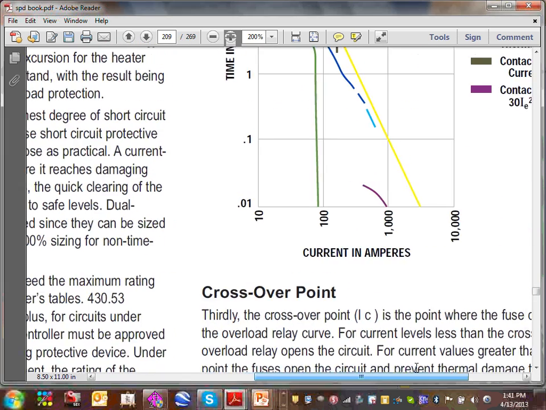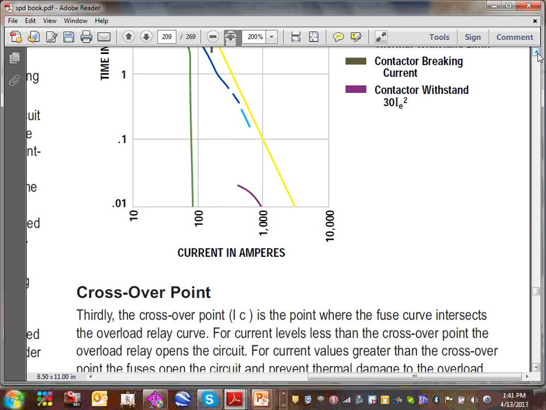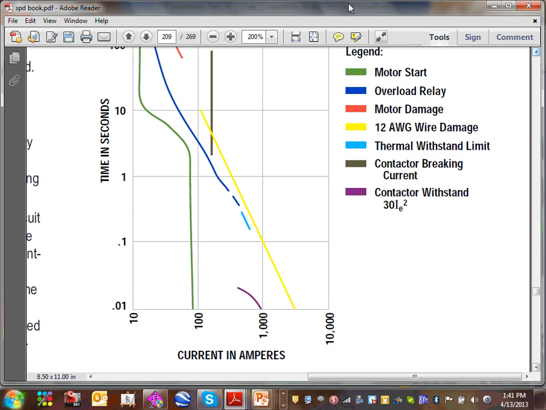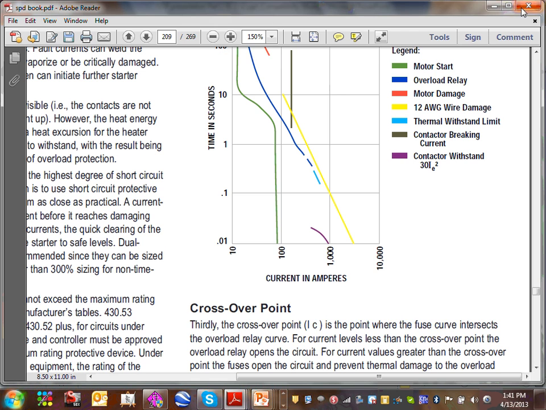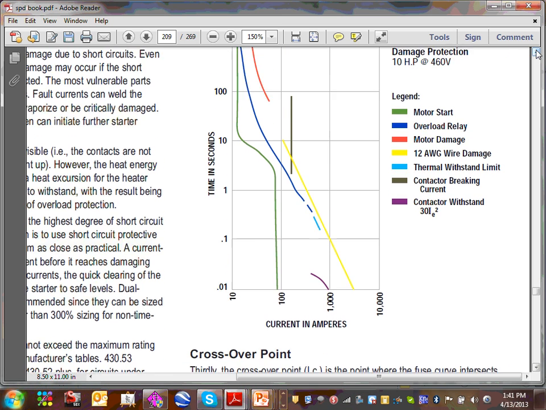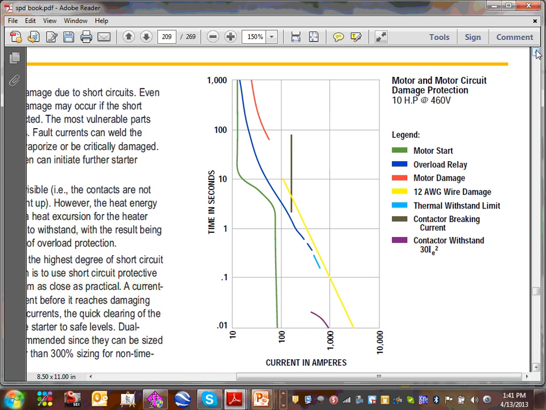Let me just flash this one, guys. My friends from Bussman will be happy because we use their stuff anyway. This is the reason why we have our competition device. That's directly from Bussman